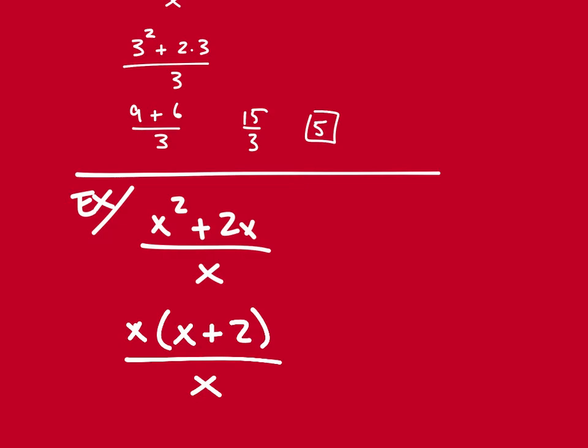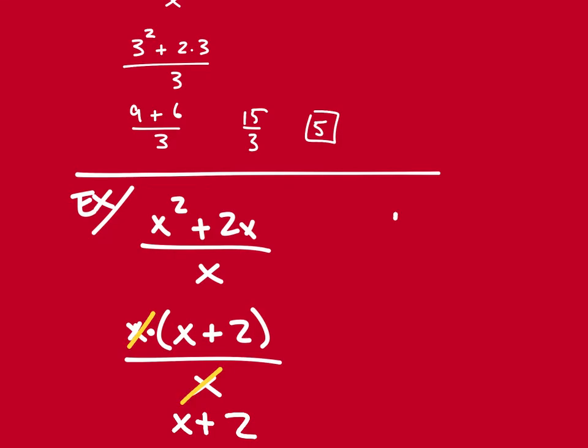What you should see here is that I'm multiplying x by this quantity. The reason why I can divide x by x is because I'm multiplying by x out here. If you're multiplying by a number, then you can divide it out. Multiplication and division are essentially the same thing. They're inverses of each other, but in order to divide, you have to be multiplying, okay? And so what I've got here, I can then divide out my x's, and then we're just left with x